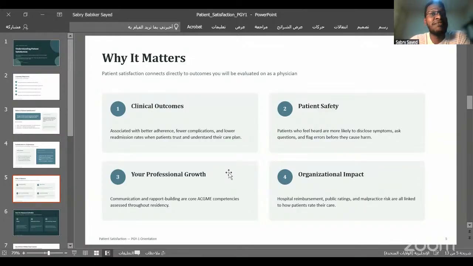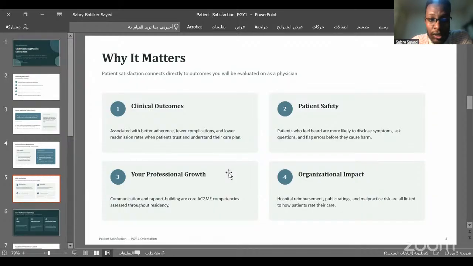So if the patient feels that you are actively listening to them and you have empathy for them, then you can expect such a patient to be more open and to ask you questions. If they didn't have this relationship in the first place, they would not ask such questions. These questions might reveal new symptoms or new complications, and it will change the treatment plan for them and eventually the clinical outcome.